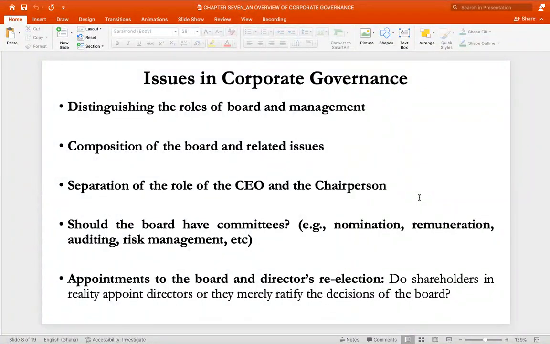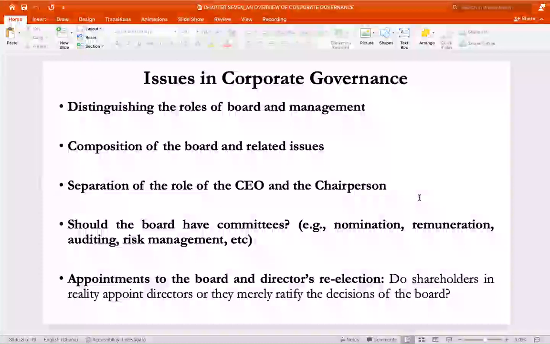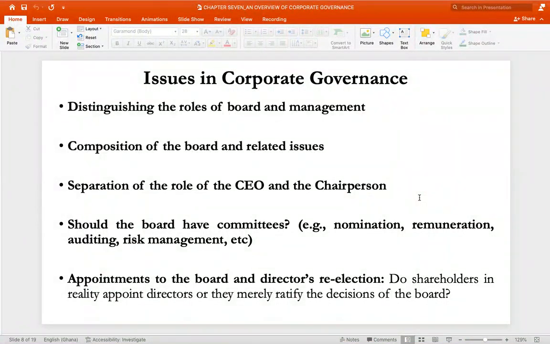Okay. The other distinction we have to notice is that boards are not normally in charge of the day-to-day operations of the company. It is management that is supposed to be undertaking the day-to-day activities of the company. But they are supposed to meet, whether annually or quarterly, whatever, in order to make sure that the management of the company is running the company the way it should be run. Okay, so boards do not get engaged in the day-to-day operations, but because they have to approve certain decisions of management, whenever management